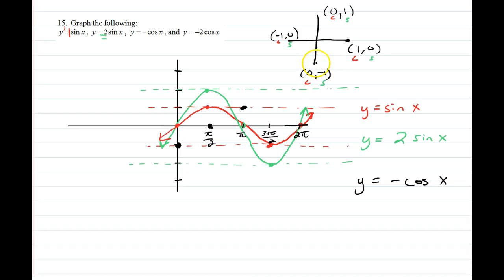Then down here, it's 0 times -1 is 0. Then it finishes back where it started. The cosine would look something like this. So normally cosine starts at the ceiling, but that negative flipped it, and so it's starting at the floor. And then the last one, -2 cosine of x. Now it's just going to start here, here,